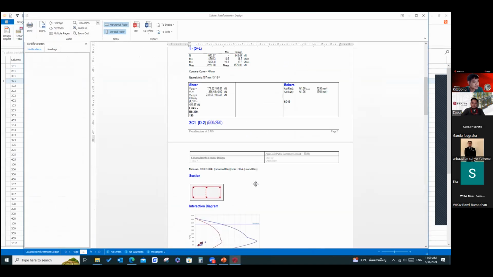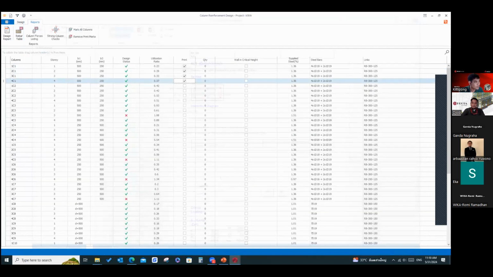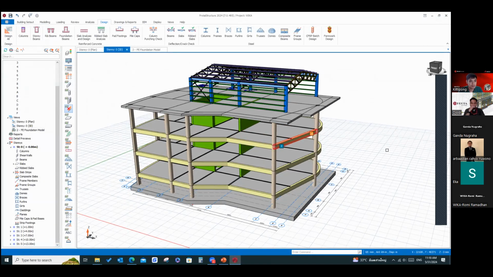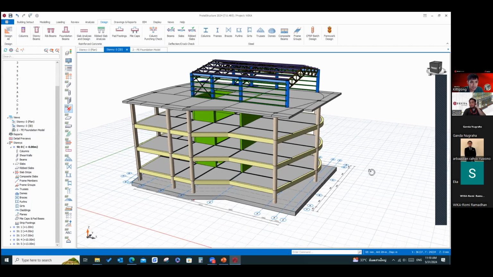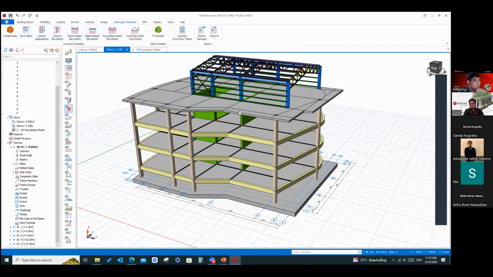Can you show me? Okay, like this. This is for the column, and also the beam, also the slab, also the steel structure. How about the drawing? Can the software make the report for drawings? Not for the report, maybe an example drawing, for a picture or column only. I already showed you the detail from the portal detail, right?